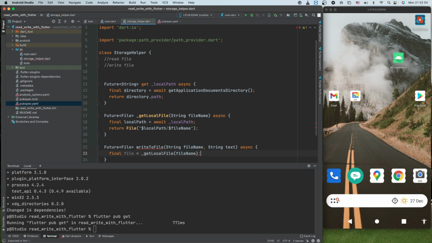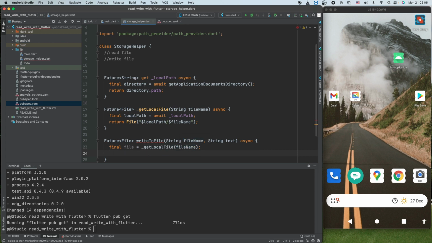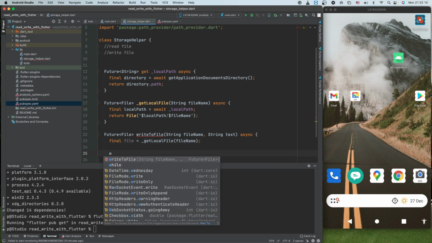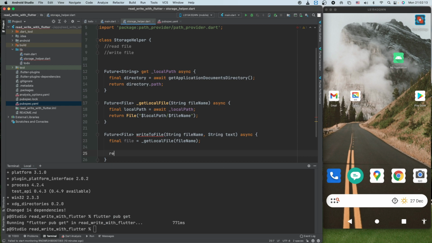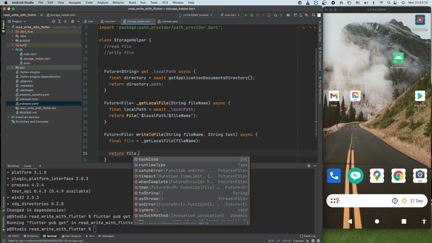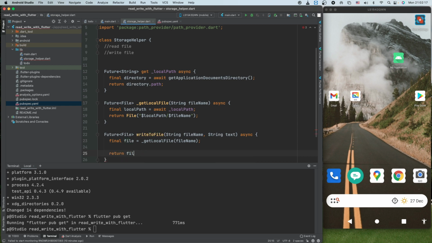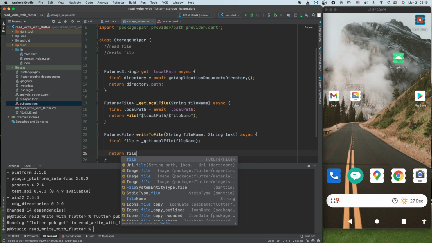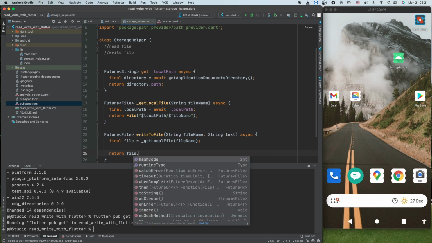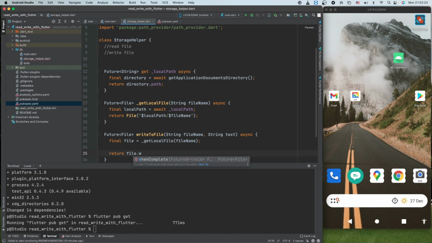Now we got the file, we can write directly to the file, so return file dot, and here we have to await again.